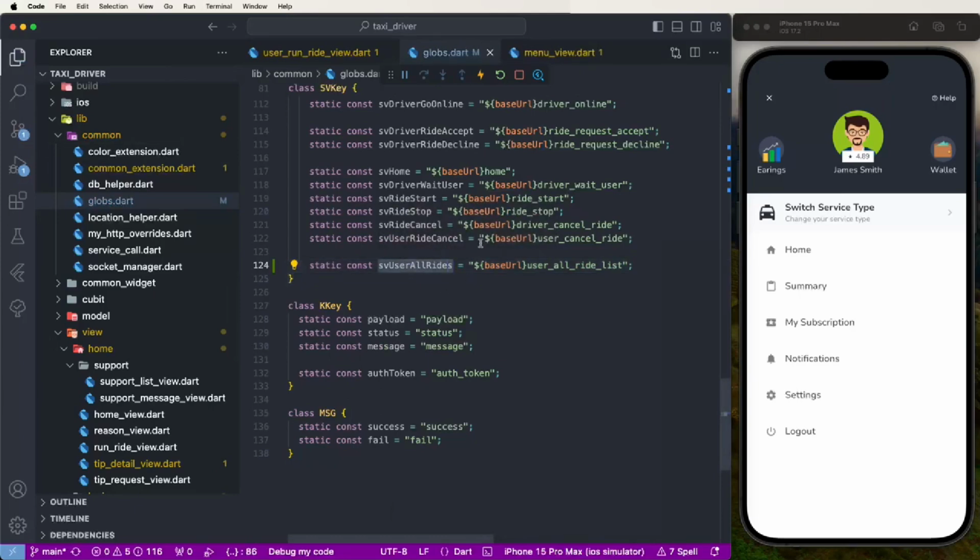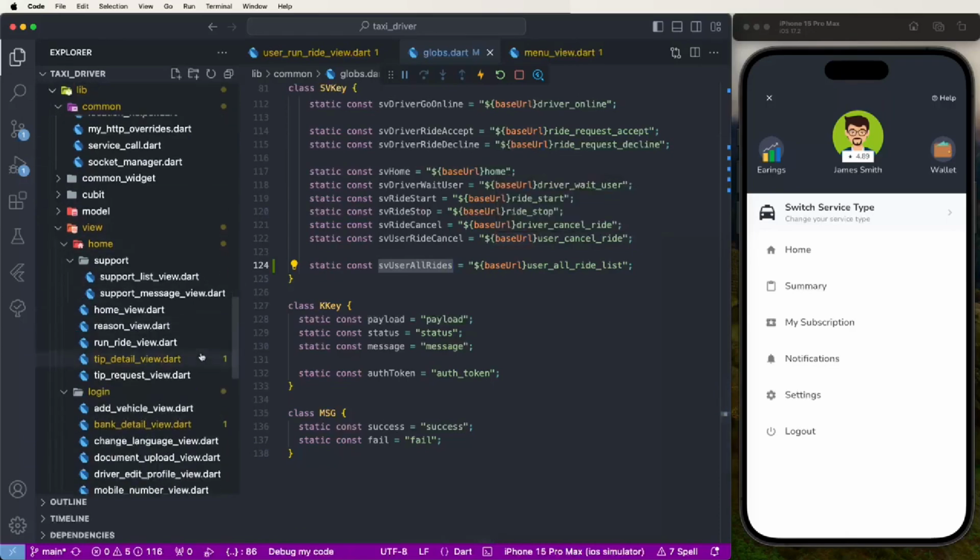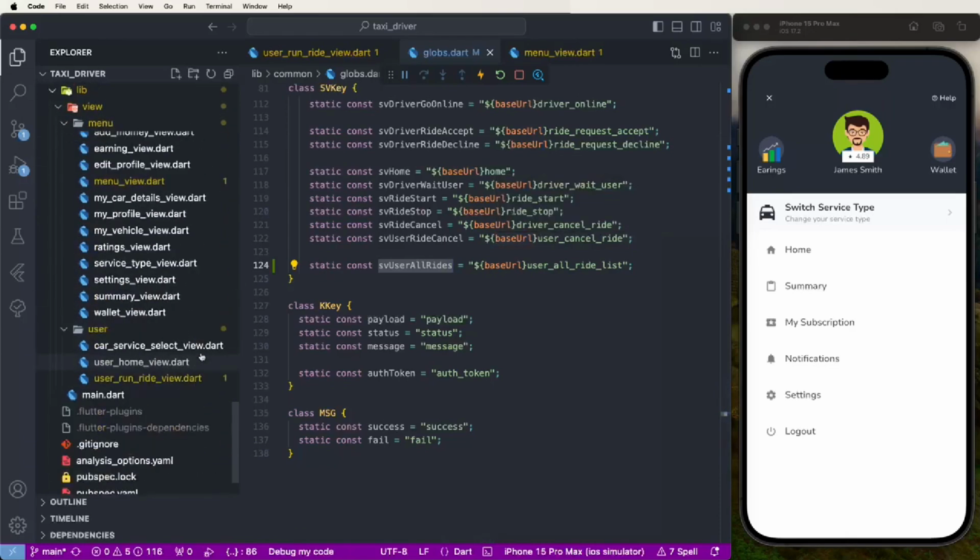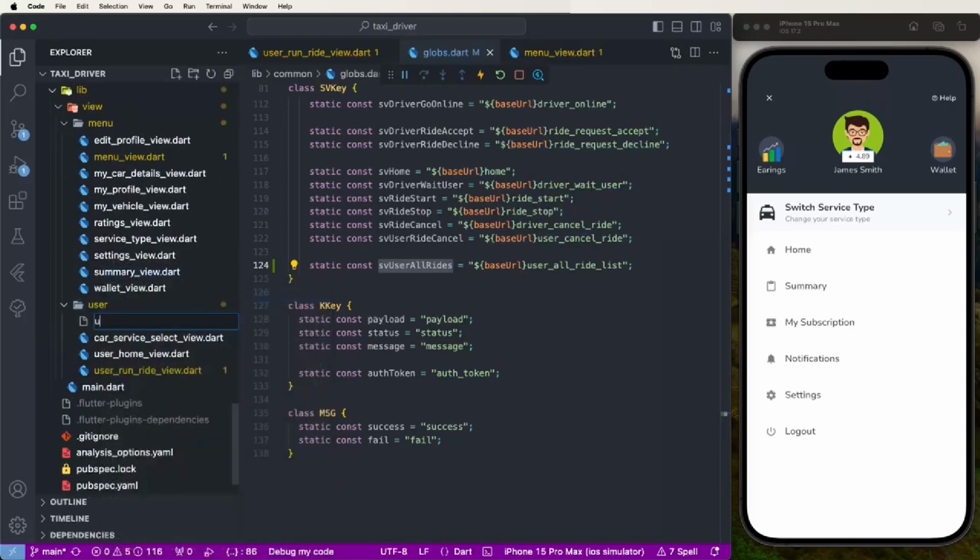Now we need to create the new screens for the user side, which we need to develop today. Tomorrow we need to develop the driver side. We need to develop the my rights screen. First of all, we need to give the file names. Inside the user folder we need to create a new file and give it the name users my rights